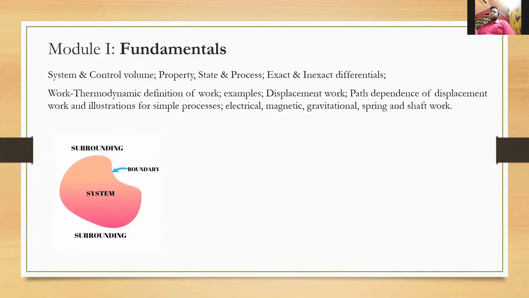So the first important thing to understand is the existence of a system: how to consider something of interest, and take it as a system. We actually consider anything and everything as a system in thermodynamics, and it also obviously has a boundary, because if you want to concentrate on a certain part of anything happening, then of course you need a boundary. Without a boundary you cannot define a system. So we define a boundary for the system, and outside the boundary, each and everything possible in the universe is the surroundings.